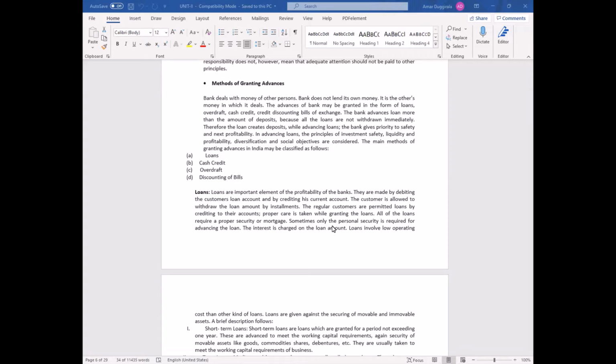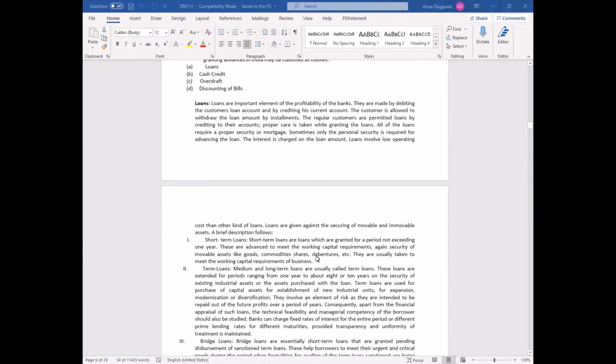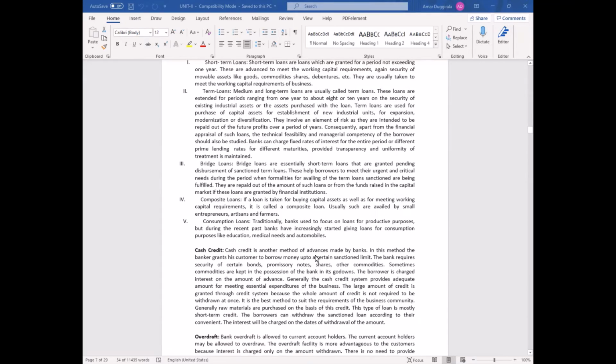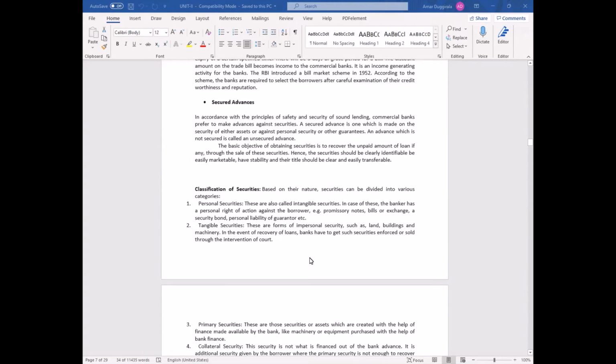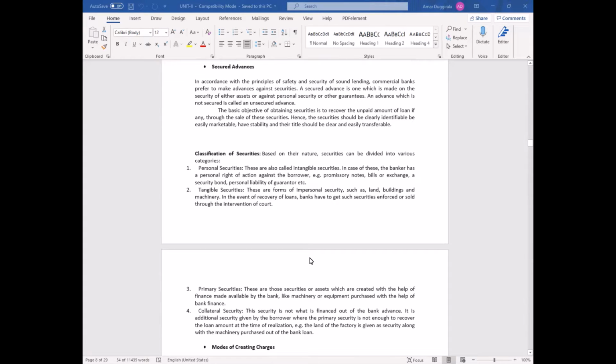So already in the method of financing or method of granting advances, we have studied what type of loans are there, right? Short term and long term loans, what is short term financing and long term financing, the benefits, the disadvantages of each of the category we have discussed in detail, including the short term advances like cash credit, overdraft, discounting of bills. Now, the secured advances, which are usually for a longer term, we have discussed in the previous class that there are some of the loans which are granted for a period of 5 years, 7 years, or 10 years, which are considered as long-term financing options.